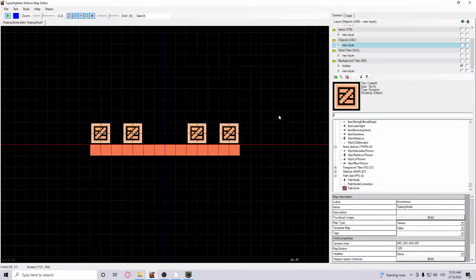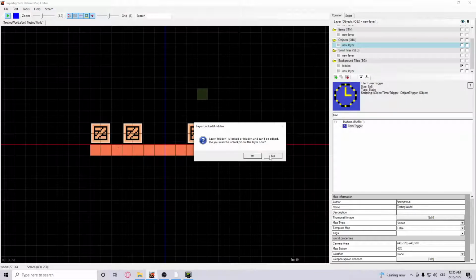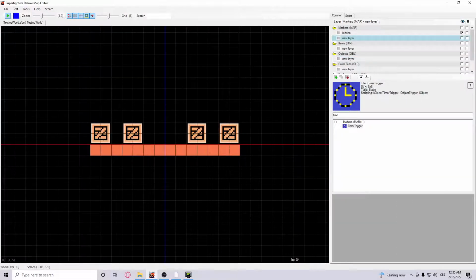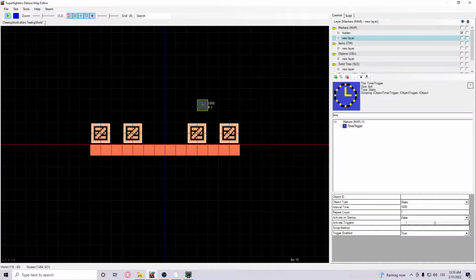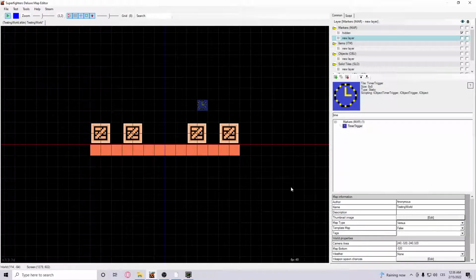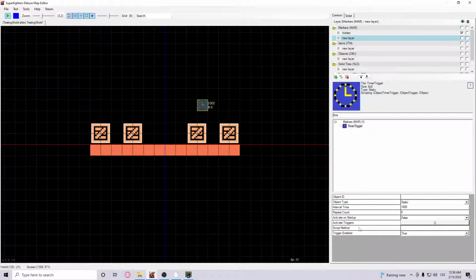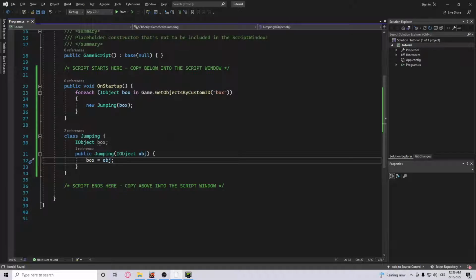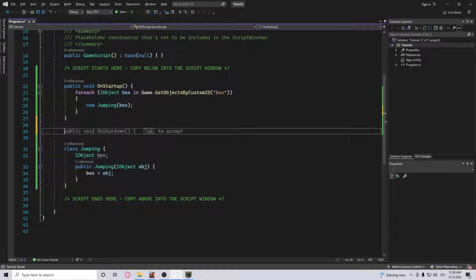So let's get a timer real quick, inside a normal layer like this, with repeat count 0 so it happens forever. And let's give it a script method of update, like this, and we make a function here,